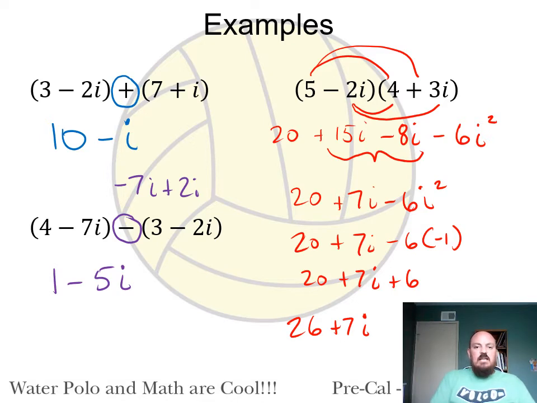So that's multiplication. It was basic FOILing, but you have to remember that extra step at the end where you want to turn the i squared into -1 and simplify. All right, so the fourth operation is dividing. I said that's a little trickier, and before I can talk about dividing, I want to review with you guys